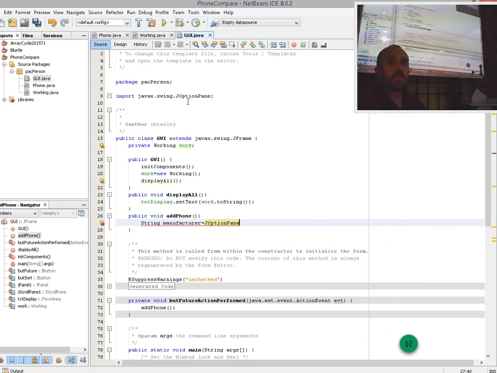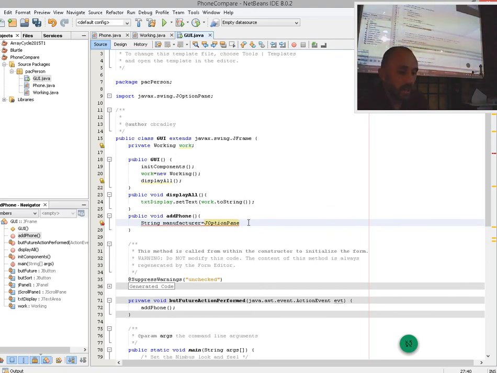Now, the reason why it doesn't just automatically all exist in your project is because otherwise your project would be hundreds and hundreds of megabytes and hasn't even used anything. It's a very simple program, but it's going to be massive because it's got all the possible classes it can use in Java. So your program imports the classes it needs to use. So in this case, we are going to import